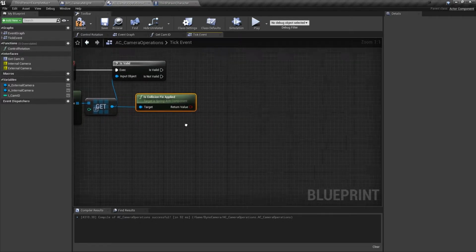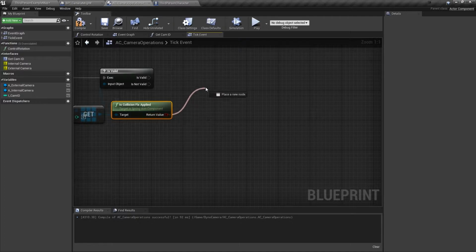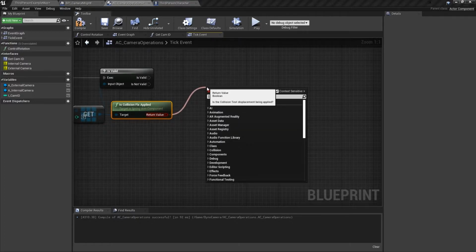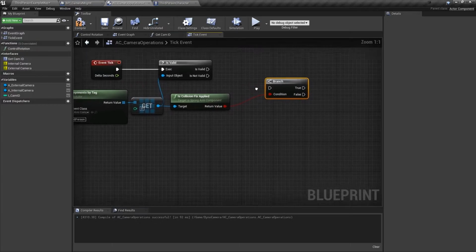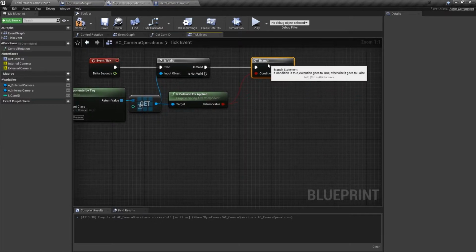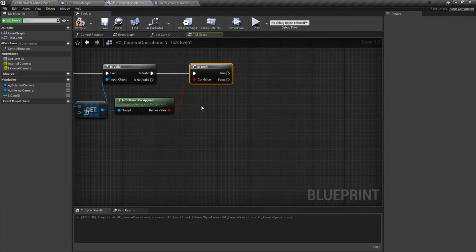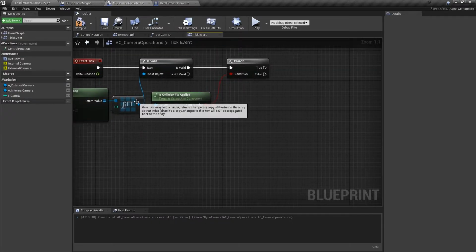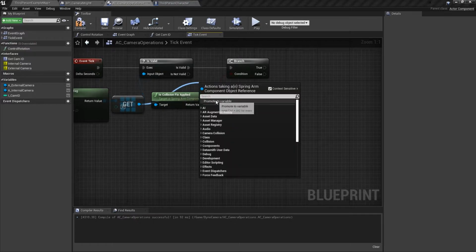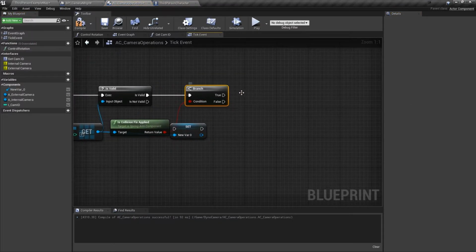So this function tells us whether or not the spring arm is being modified. If it is modified, then we, let's promote to variable, and